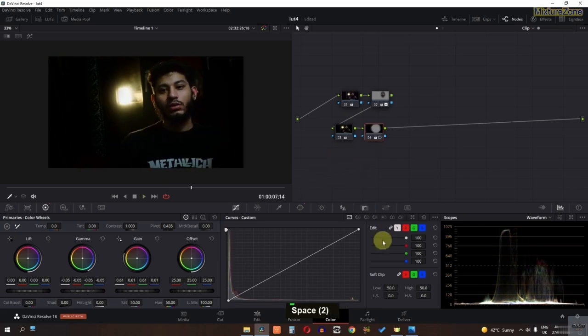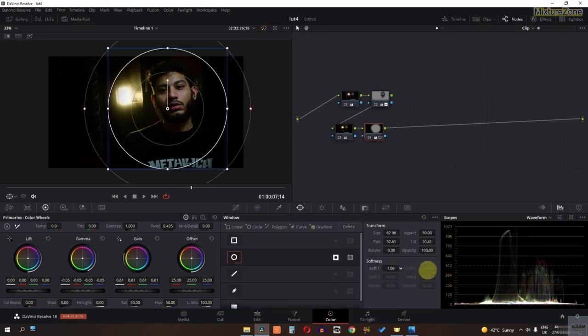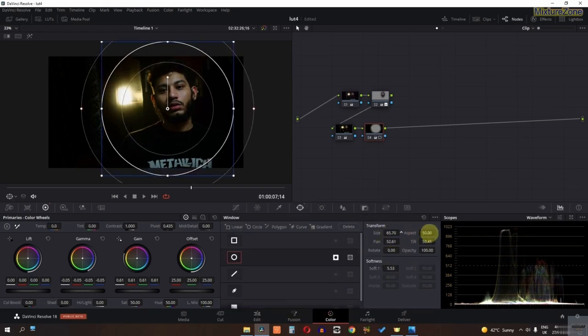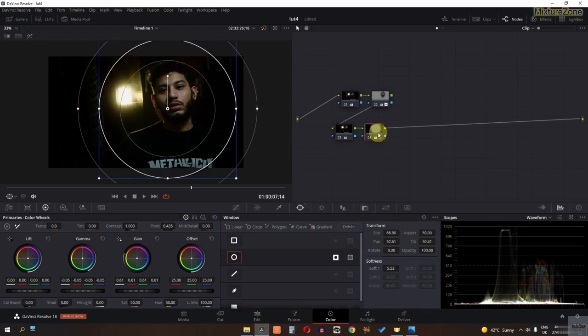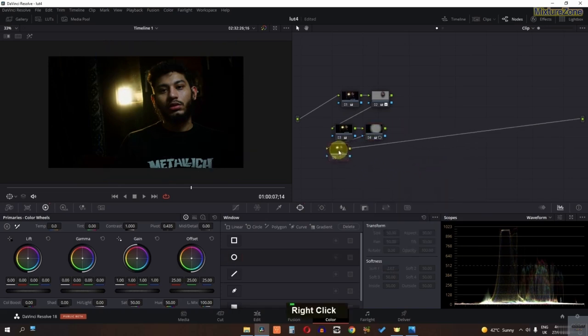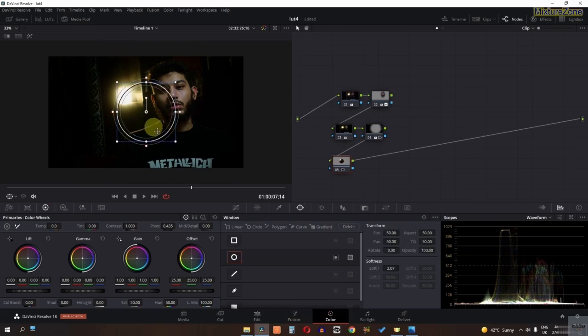Now our next step is to, first we need to increase the softness and the size a bit right about here. Now our next step is to add another serial. Place this right here, go to the masking window, select the circular mask, and now what I'm going to do is just place it right here, increase the softness,